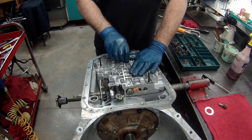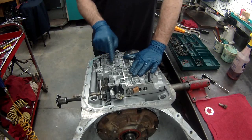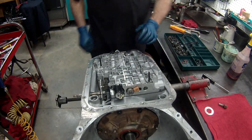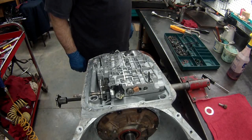All right, now we'll get the bolts in. They're all 10mm head bolts, except for these 6 that are 8mm bolts, which,